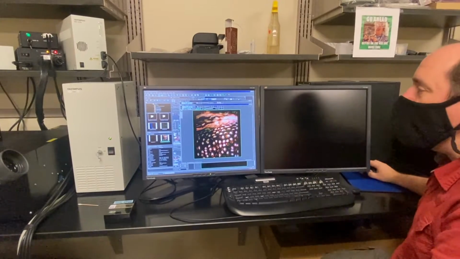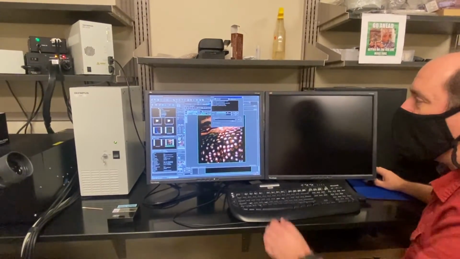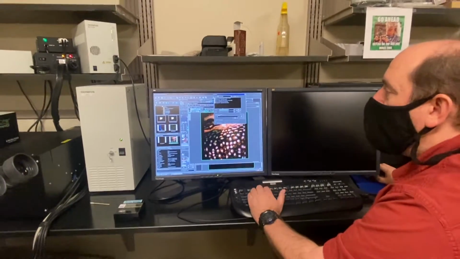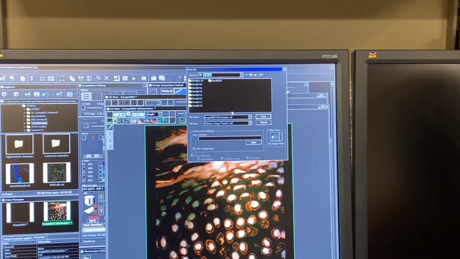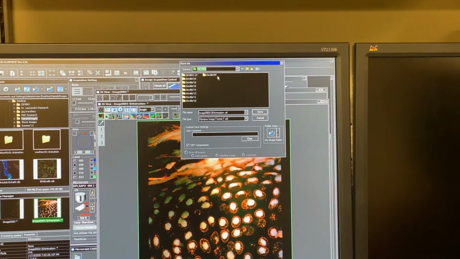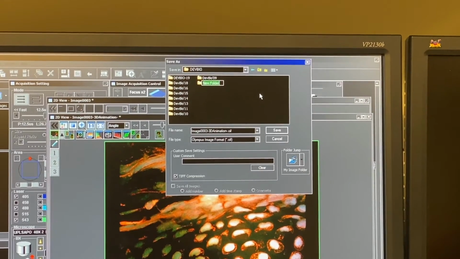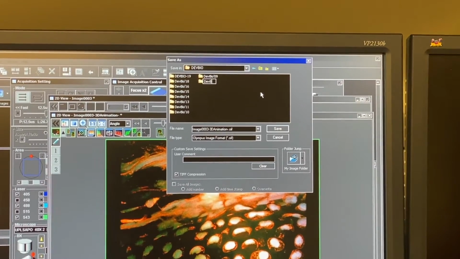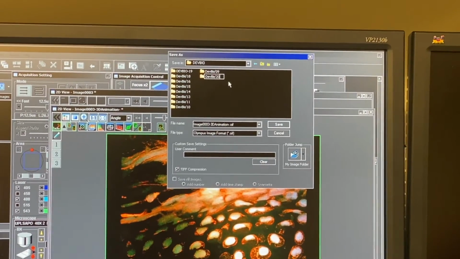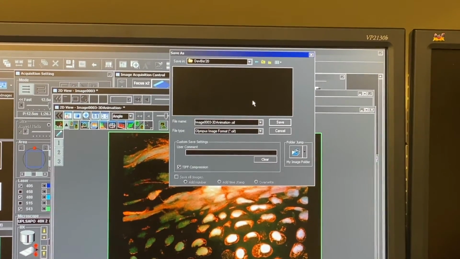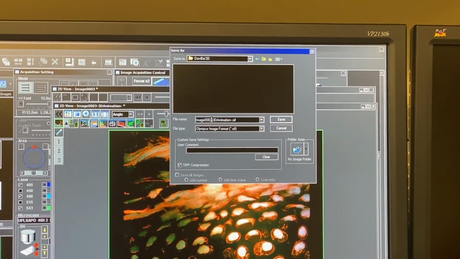So the last thing we're going to need to do is, of course, I'll want to save these cool images. So let's save and close this one. We'll go to Dev Bio, and how about I make a new folder here. This is Dev Bio 20, and open that up, and let's save this as our